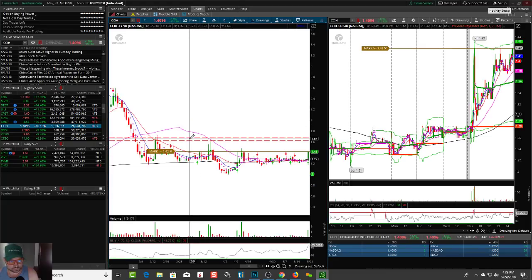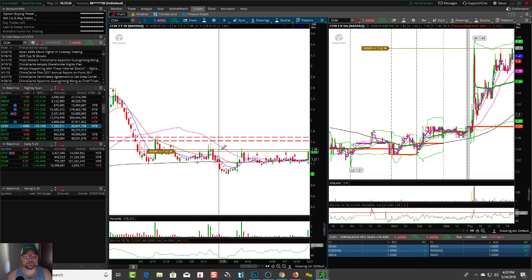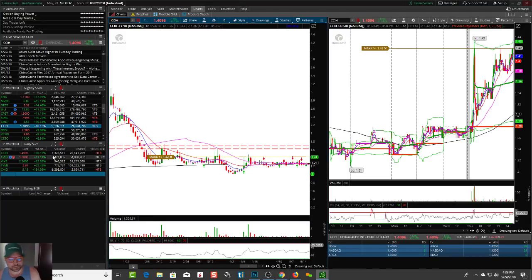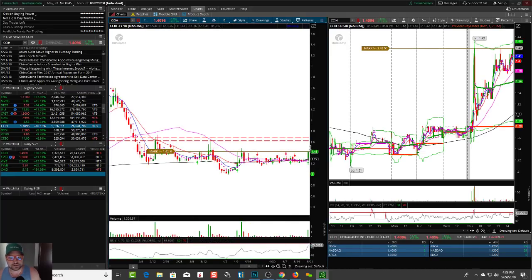All right, so you have the resistance right in these levels, right over here, right up here. Again, if this thing can move up 20 cents, not bad. You can see kind of an inverse head and shoulders over here as well. Big left shoulder, head, right shoulder. So keep an eye on that pattern. They're not going to be as clean with these small caps as they will be with the larger caps. The larger caps are a little bit easier to see. Sometimes you have to gauge it with your eyeball, and if you see something like this potentially about to break out, this thing could easily completely break out and dump down, right?